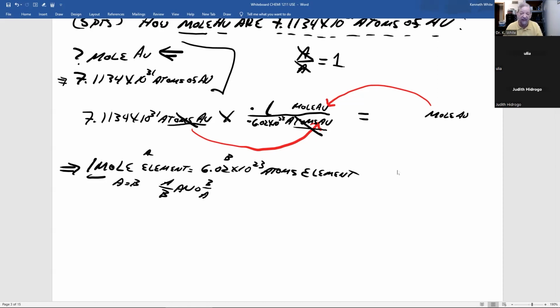What units am I left with? Moles of gold. What units am I trying to get to? Moles of gold. I've set it up correctly. Yay! So now I can pick up my calculator, clear it, put